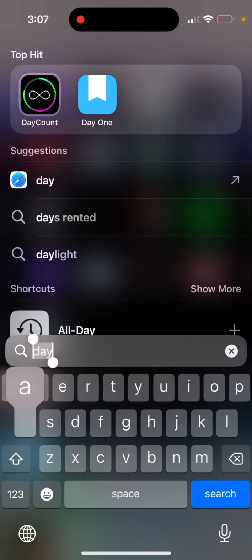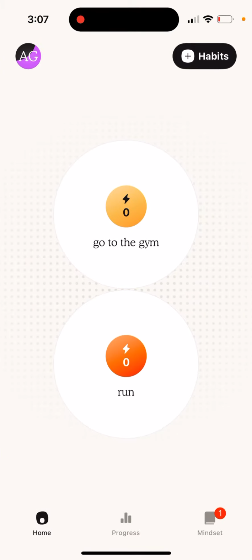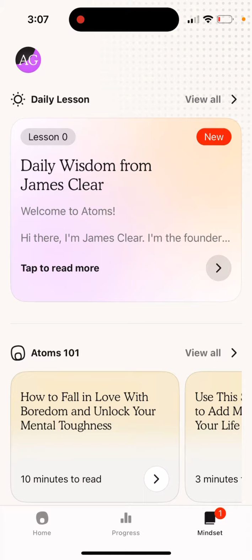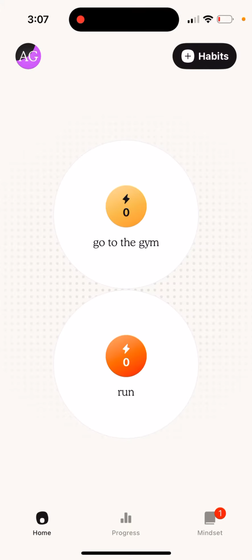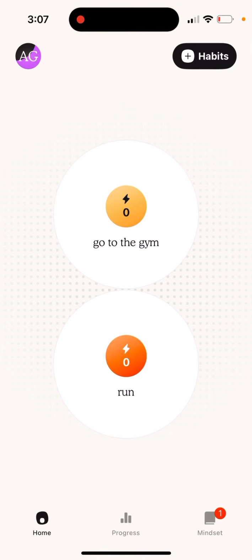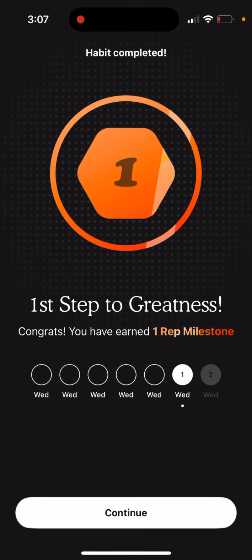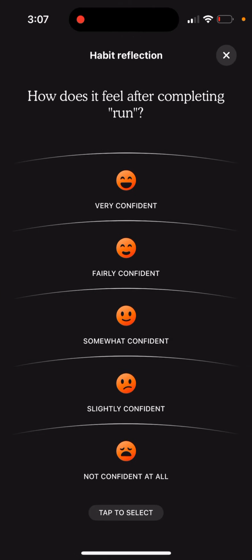So here is this Atoms app, which is going viral these days because this is the original app from the Atomic Habits book, where it's super easy to create habits and track your habits based on your goals, and just define your habits. So here, for example, if I did a run today, then I can just complete the habit here,